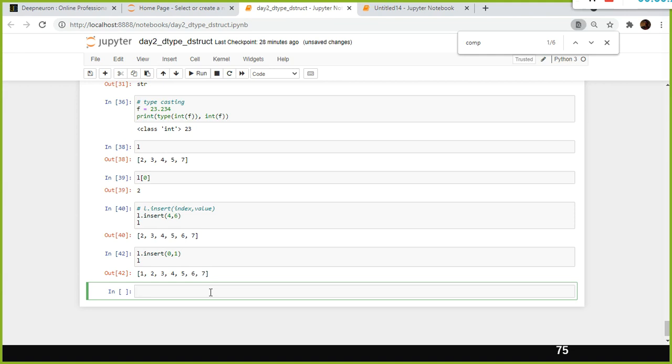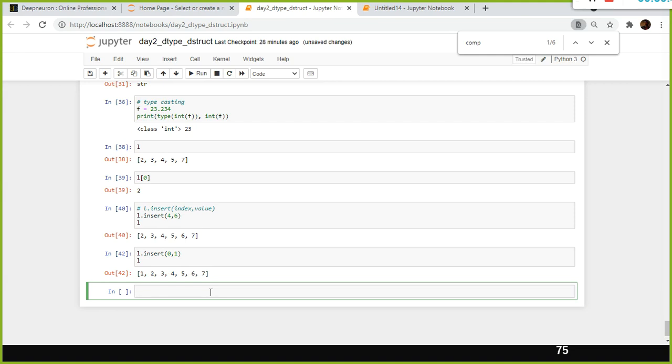What is list comprehension? We discussed list comprehension. How do you access the elements? List is iterable. Why is it called iterable? Because you can retrieve the values one at a time from the list object.